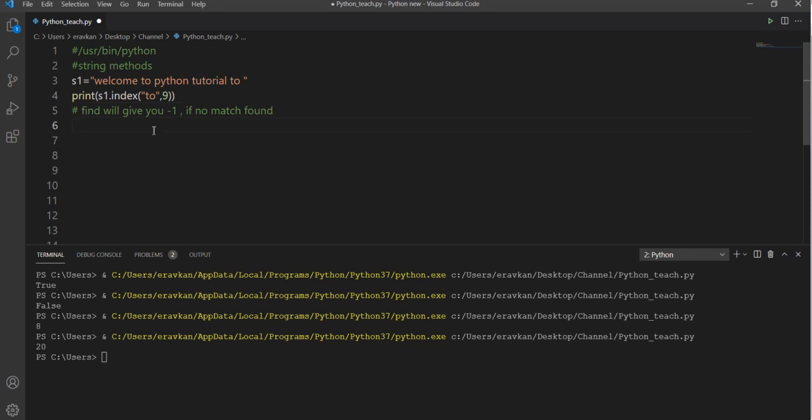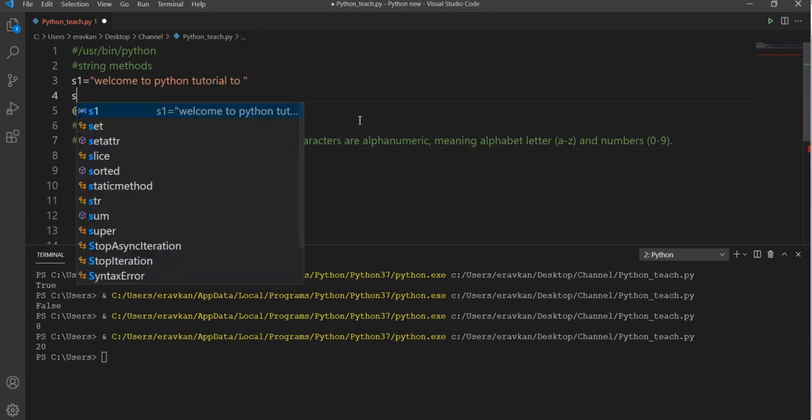Then we have the isalnum method. All the methods that start with "is" in a string will give you true or false depending upon the criteria they are checking. So isalnum checks that letters and numbers are present in the string; then it will give you true, otherwise false.